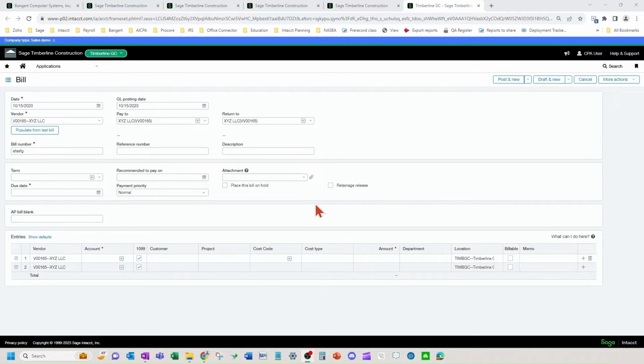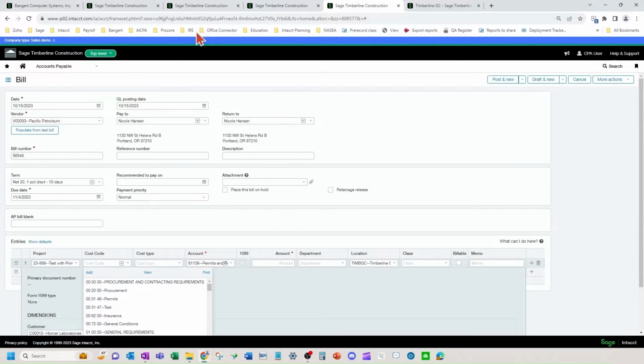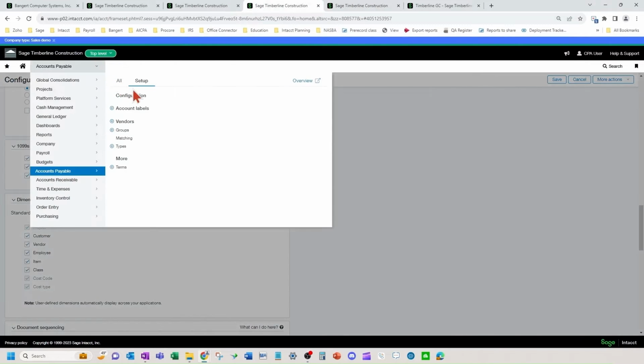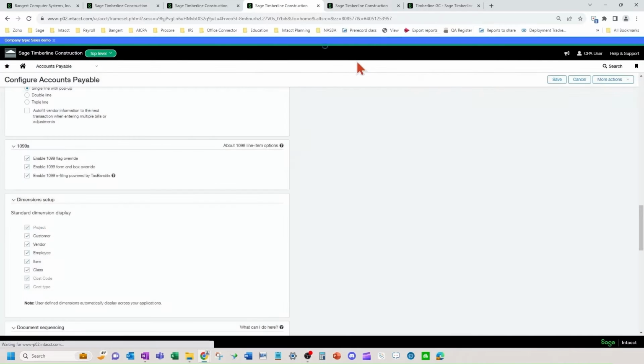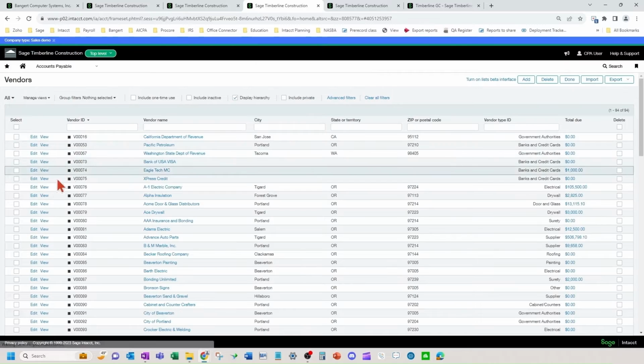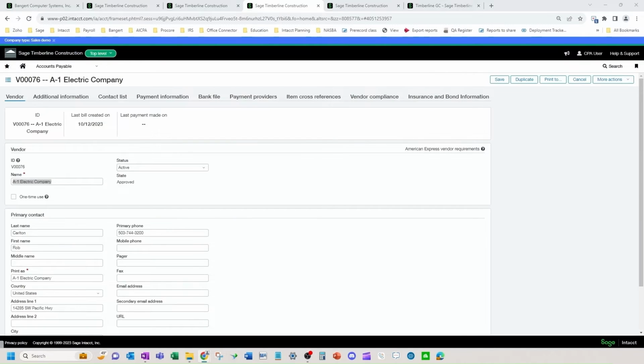So if you've already entered in some accounts payable bills into the system, but the 1099 settings were incorrect, if we go over to a vendor and look at and change the 1099 settings, it's going to give us some options of, do we want to update or not update? So I'll show you that here.